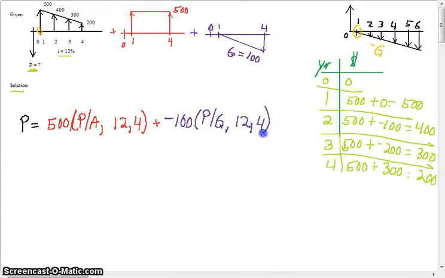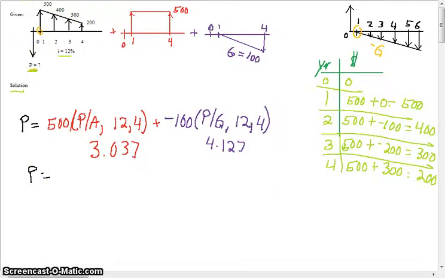and 4 years. Okay, and if we look these up in the back of the book, we'll look up real quickly. P given G for 4 years is 4.127, and this P given A for 4 years is 3.037, and here we'll get P equals